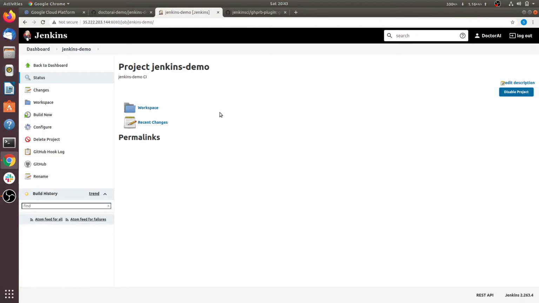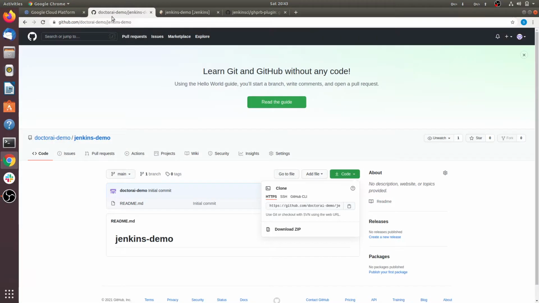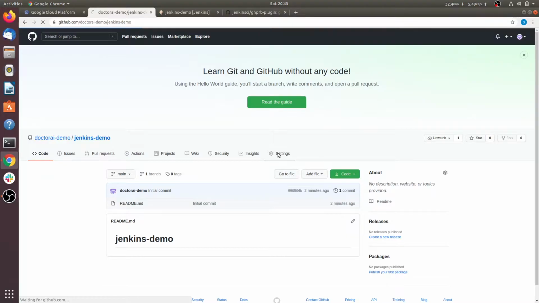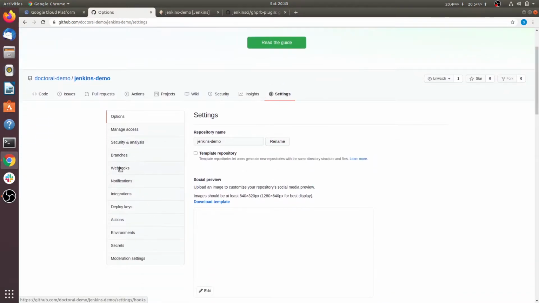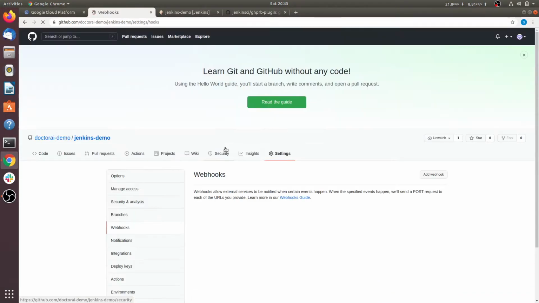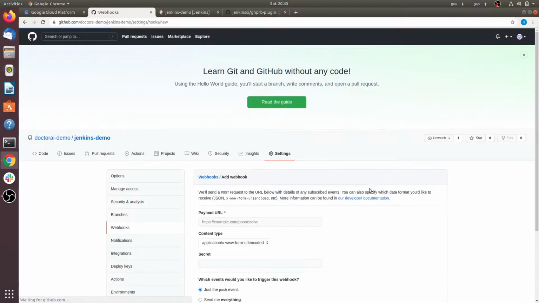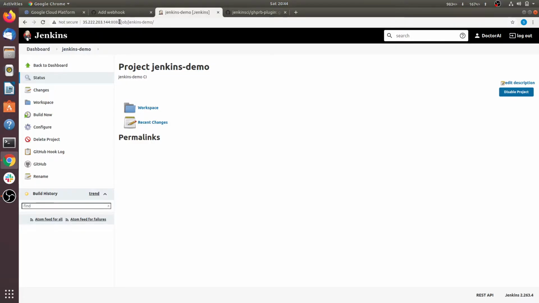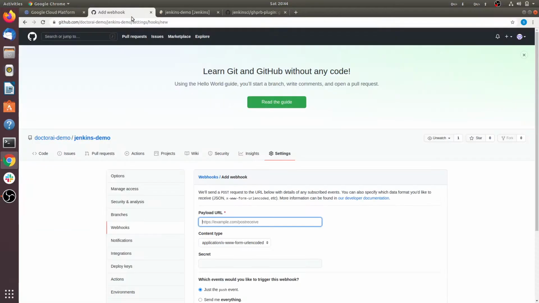So we have to add a webhook for this event pushing from GitHub to Jenkins. So go to settings, click on webhooks, add webhooks, copy the URL of your Jenkins up to 8080, paste here.